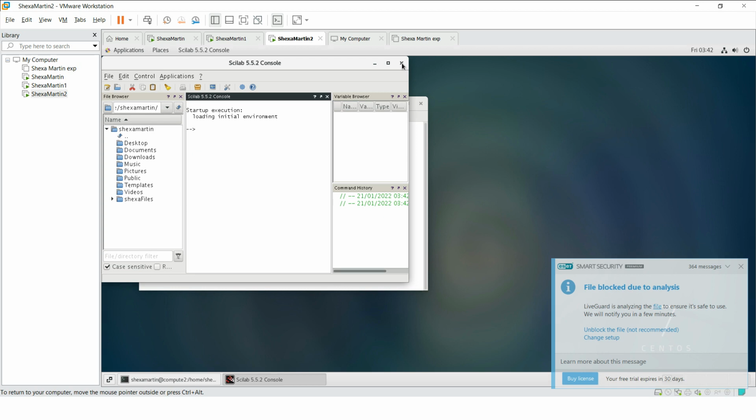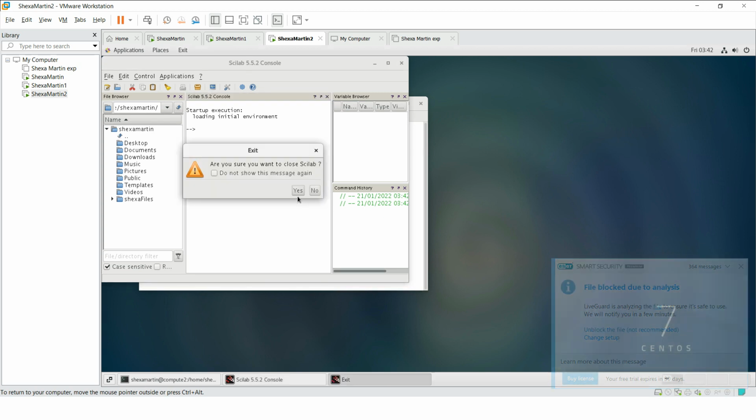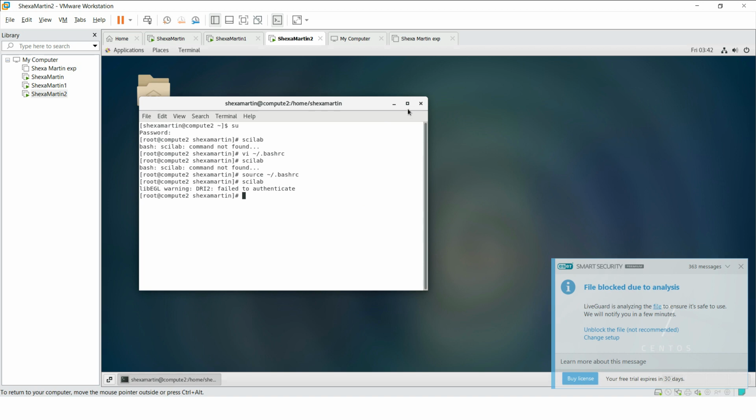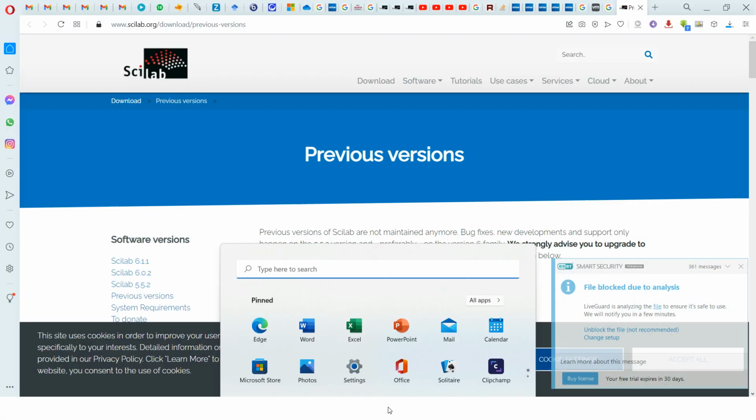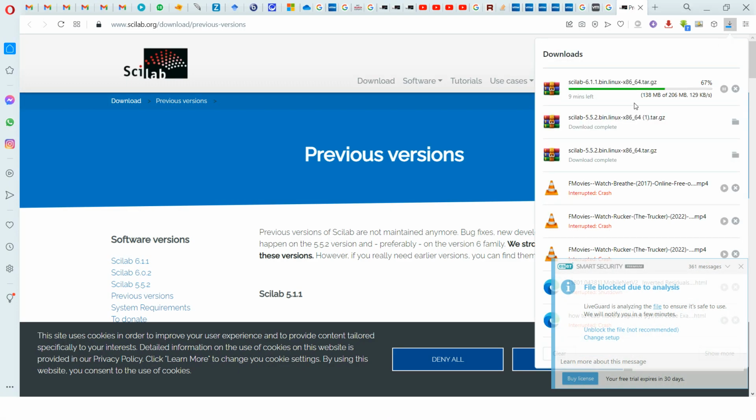Right, so we now have access to Scilab from each and every node. Right, so this is Scilab 5.5.2, but the latest version, I think it's 6 point something, which is the one that I'm downloading here. However, it's taking some time to complete downloading. So let's do the